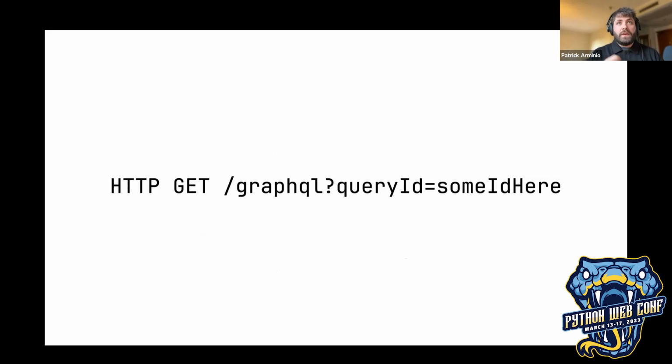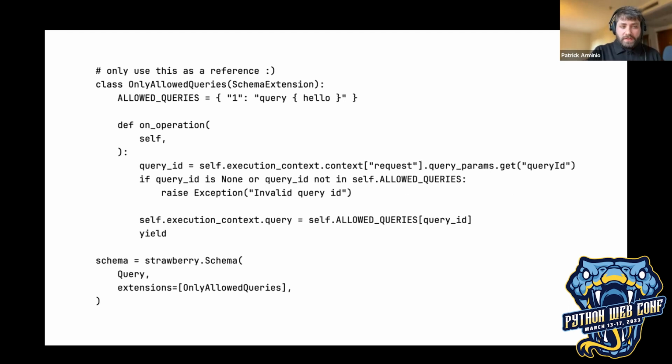And then the server is going to find this ID in, I don't know, the memory, for example, and then going to use the query from the memory. This is a very hacky thing that I just did to show how this works in practice, but don't use this in production because this is not really that useful. It's more about explaining how the persisted query could work.